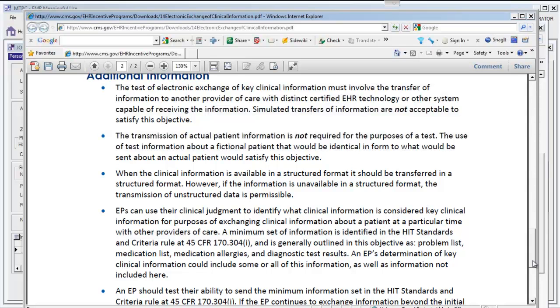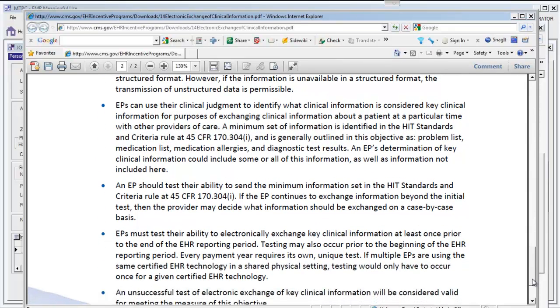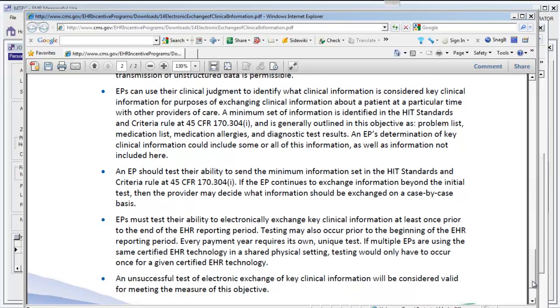Additionally, you must use your clinical judgment to identify what information is considered key clinical information. But a minimum set is defined as a problem list, a medication list, medication allergies, and lab results. To meet this requirement, you must test the ability to exchange the clinical information at least once. So one test, either during your reporting period or even prior to your reporting period, is enough to meet this